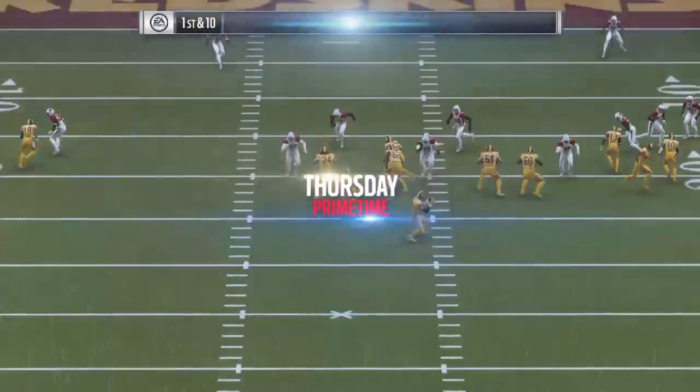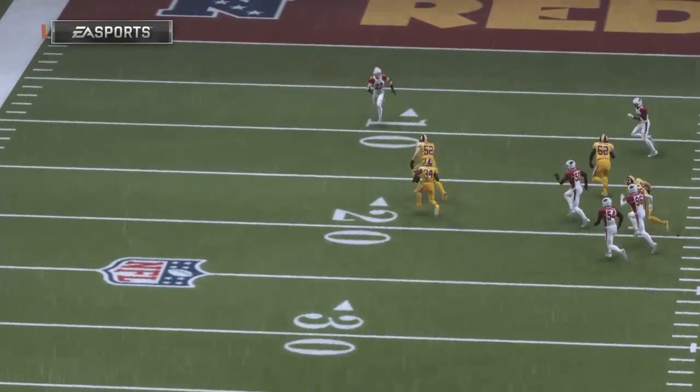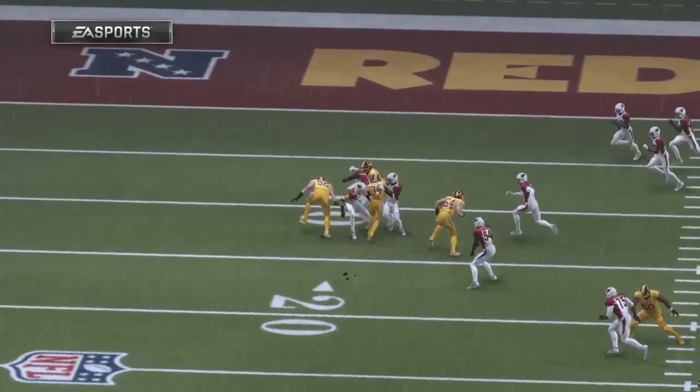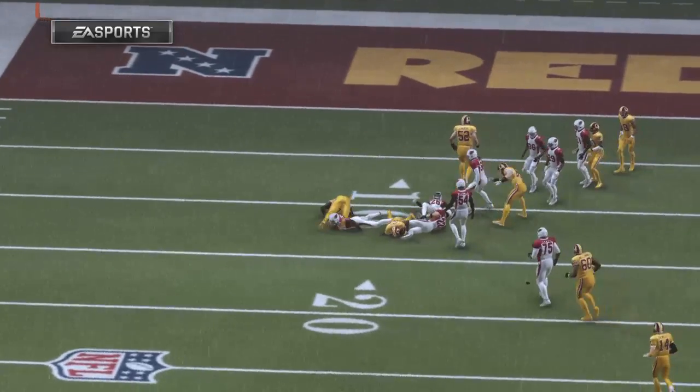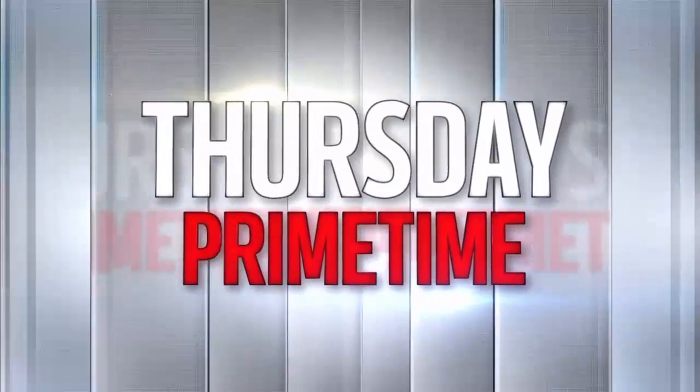Let's give a little credit there to the offensive play caller, since the screen pass was available. Whenever you're getting a lot of heavy pressure towards your quarterback, that's when you're thinking about running the screen and using that pressure against the defense. And it worked very well there for